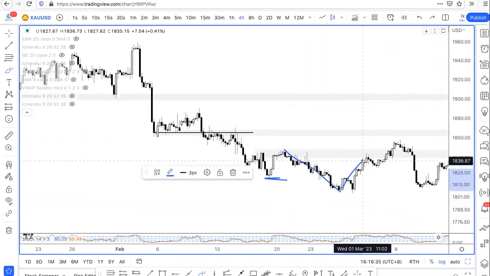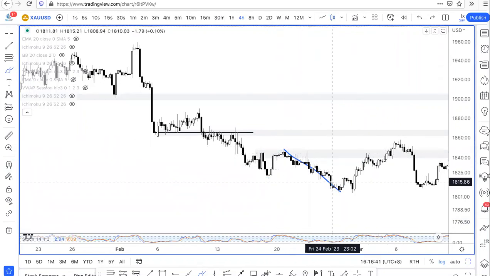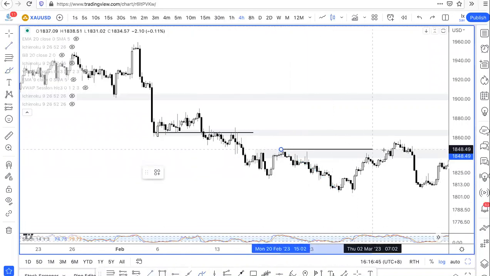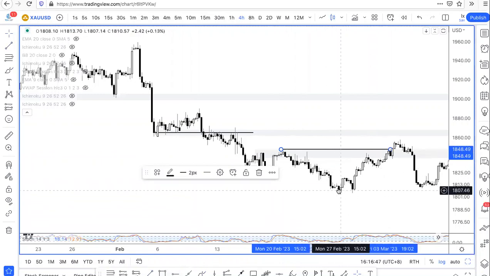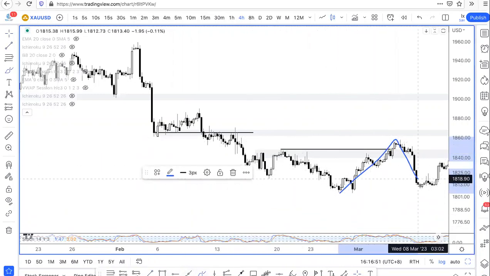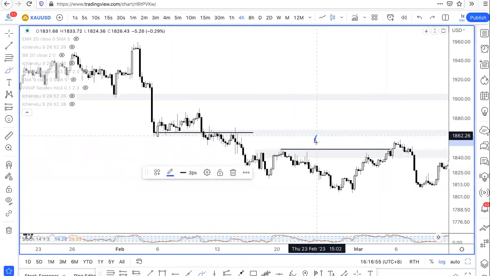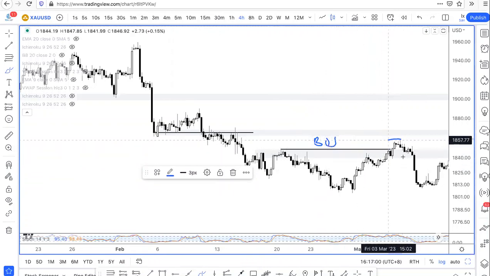So when price pulls back into this zone, you have a break above the last structure and a break above the last high. You can see that price came into this area, and it broke above this high. So this is the first sign that there's a change in market structure. So price broke above, pulled back into this area. So once this break in structure occurs here, when there's a break in structure here, any pullback into this area,